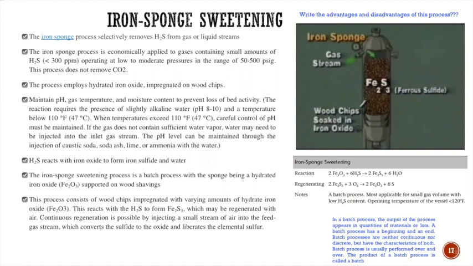Now, once this reaction is taking place between this ferrous oxide and hydrogen sulfide that is present in the gas, you have ferric sulfate which is generated along with some water. Now, this whole column needs to be regenerated. Therefore, the next phase is called regeneration, where Fe2S3, that is ferric sulfate, is reacted with oxygen, right?